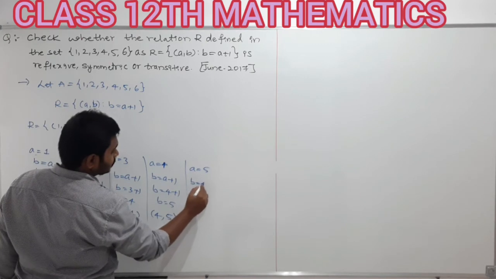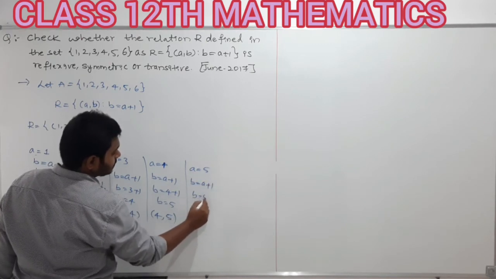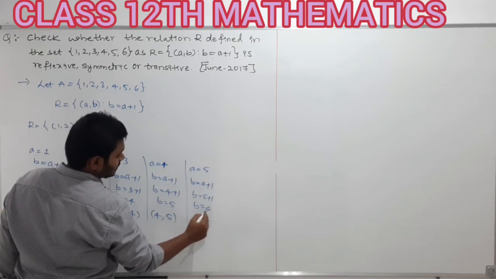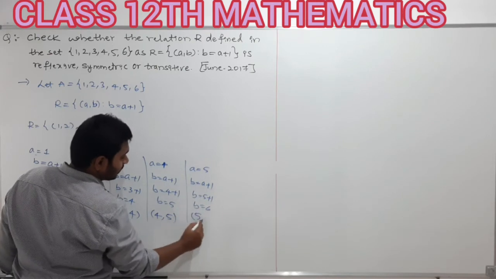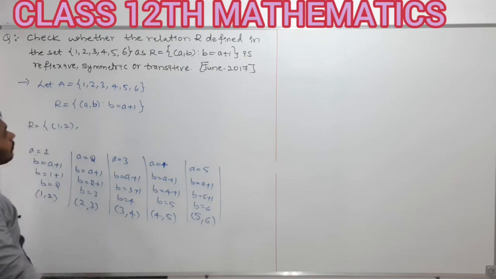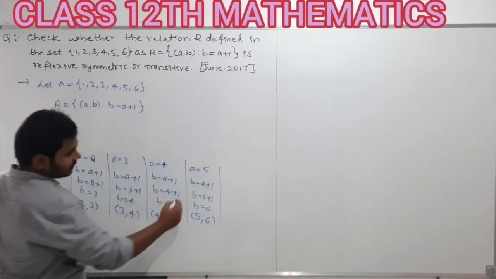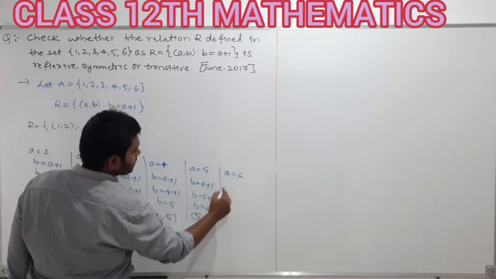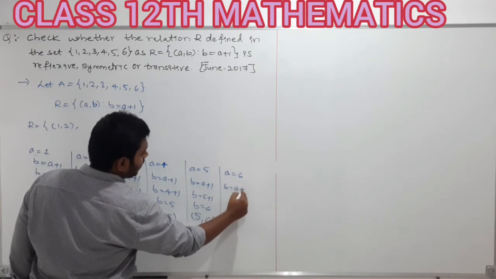So b equals a plus 1. When a is 5, b equals 5 plus 1, which is 6. If you take a value as 5, you will get the b value as 6. Am I clear? And next, my dear students, if you take a value as 6, b equals a plus 1,